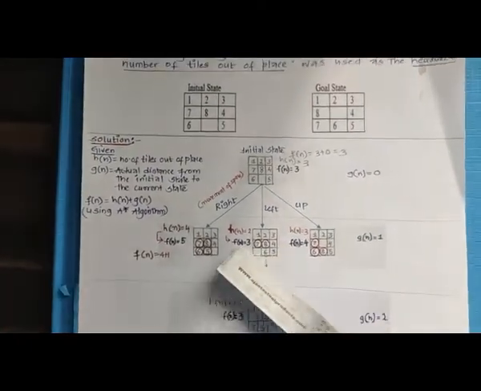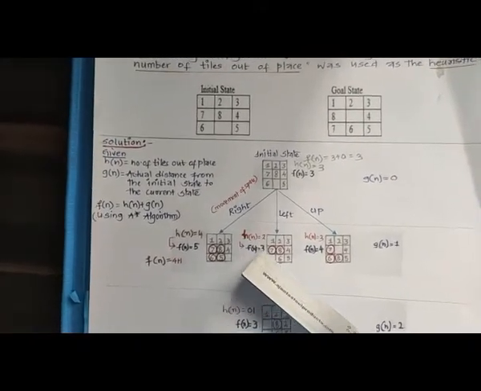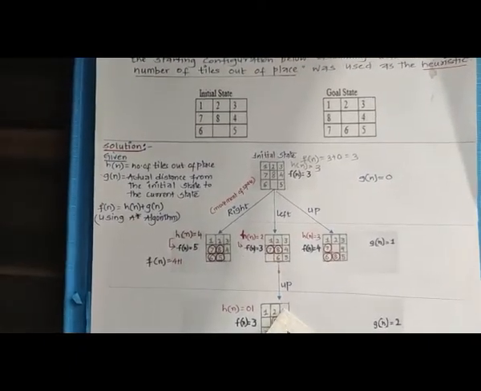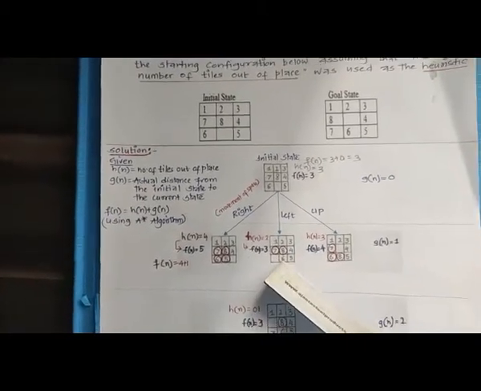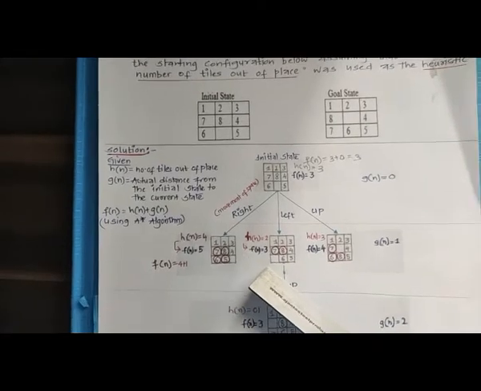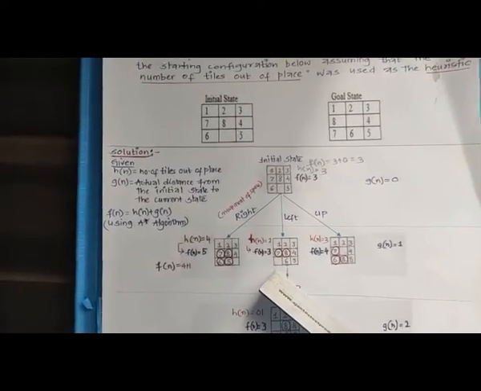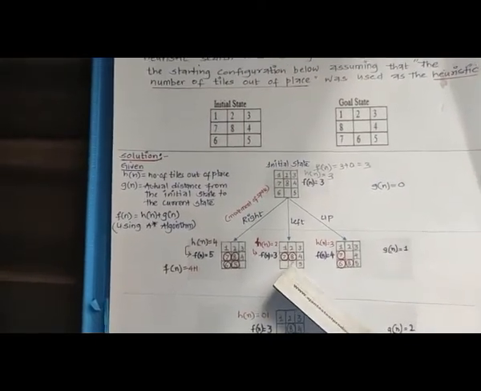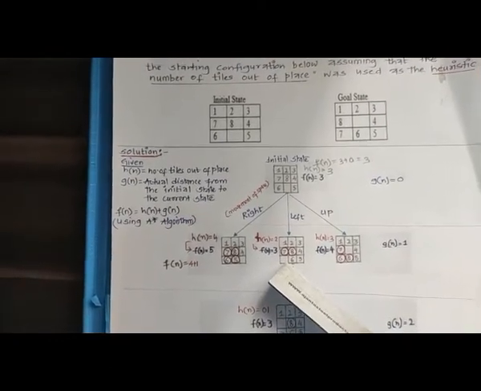Now what we do is we take, amongst these, the one where the value of f of n is minimum. So f of n of 3 is minimum. So our A star algorithm will extend this particular path, right? Now if we extend this path, can we move the space left here? No, there is no way to move the space left. Okay, can we move the space right? Yes, if you move the 6 to the empty block, then the movement of space to the right happens.